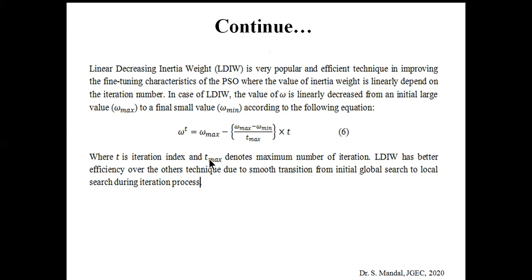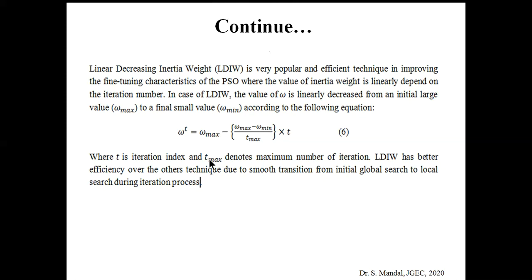The value of inertia weight will gradually decrease from a maximum value to a minimum value, or you can say that it will linearly decrease from an initial large value to a small value.